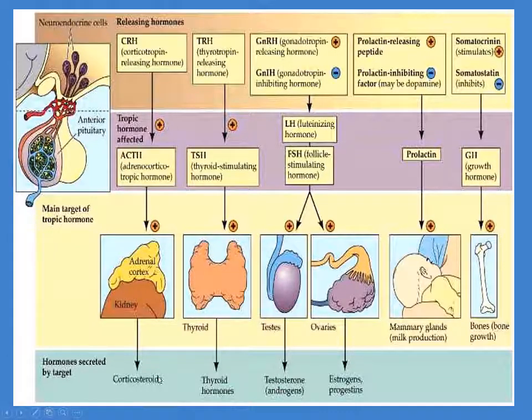And then you have the hormones themselves that are secreted. So we have glucocorticoids or corticosteroids from the adrenal, which sits on top of the kidney, thyroid hormones, which we've reviewed in part 1, testosterone, estradiol, and progesterone. And if we think back to part 1 and the patient with Sheehan syndrome, although we didn't measure that individual's prolactin,